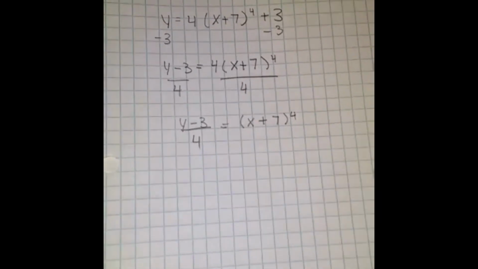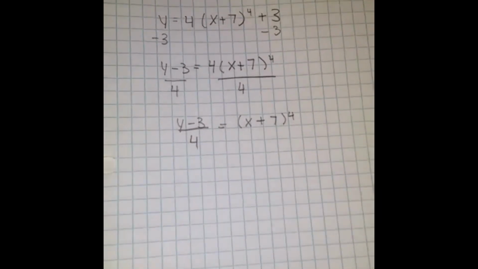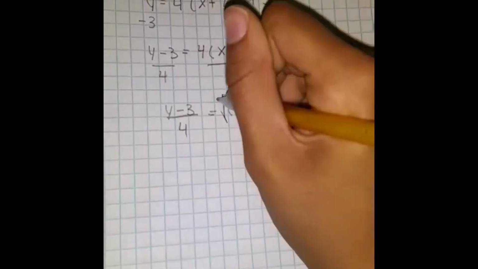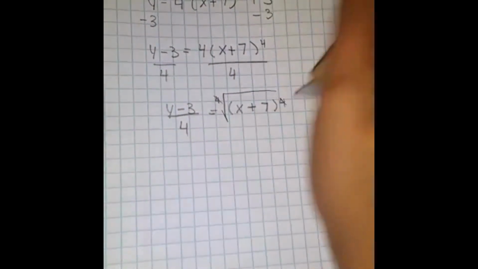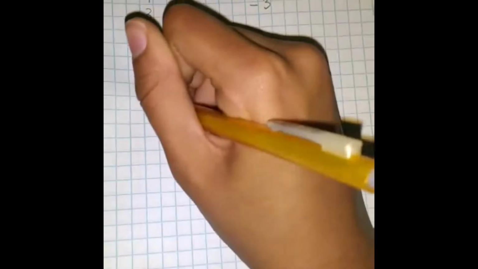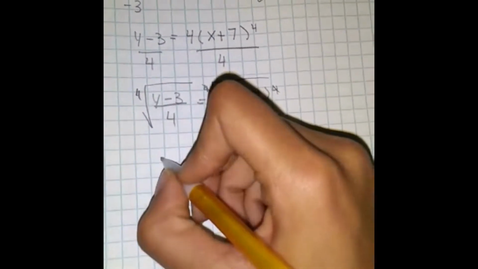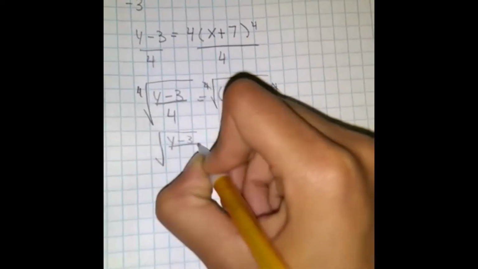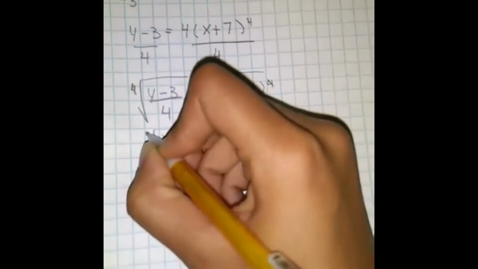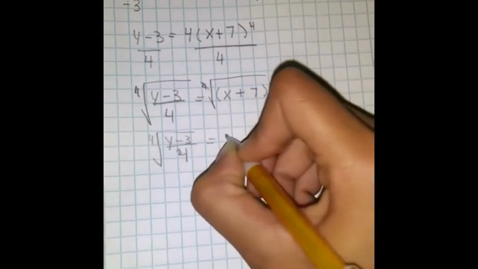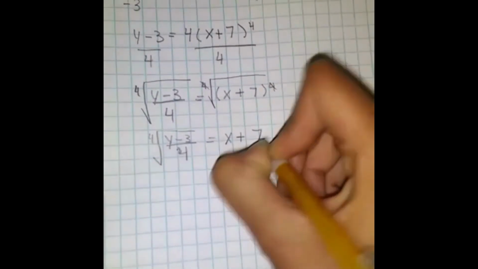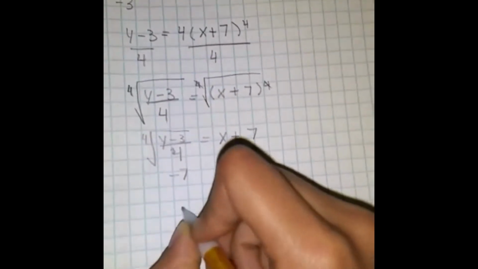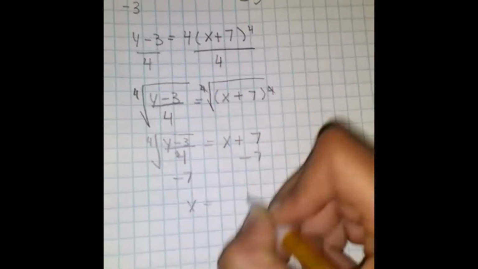This means that you would take the positive root of y minus 3 over 4. Now you can just subtract 7, and that would give you x equals